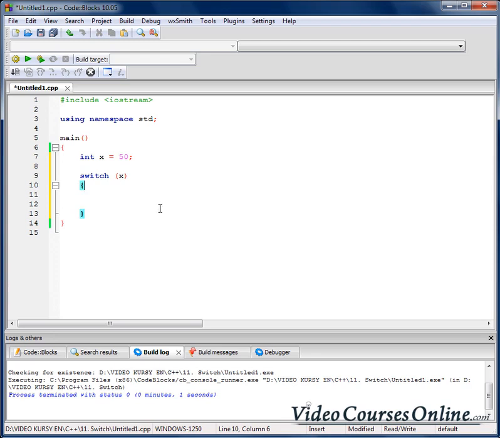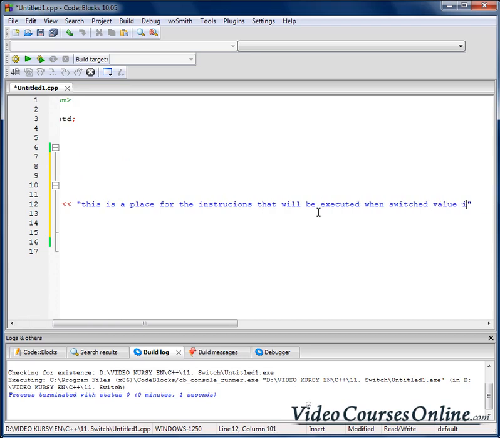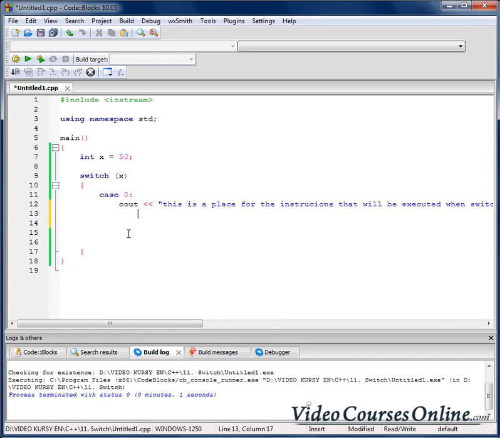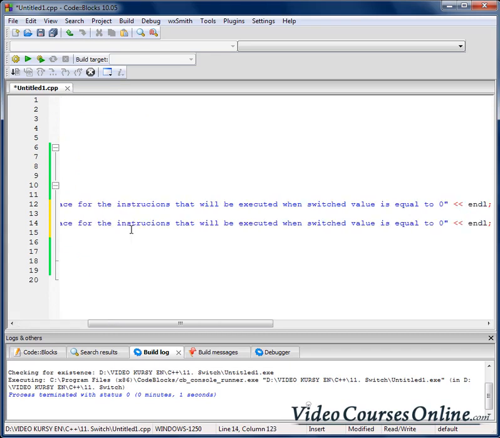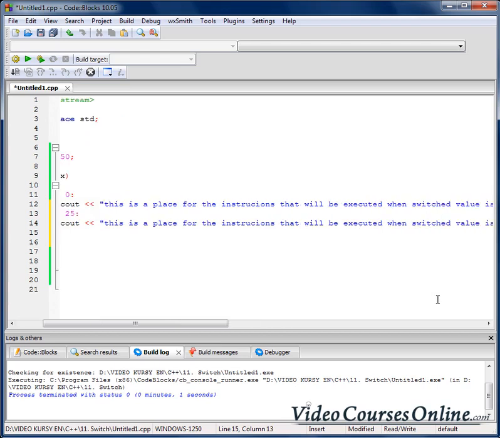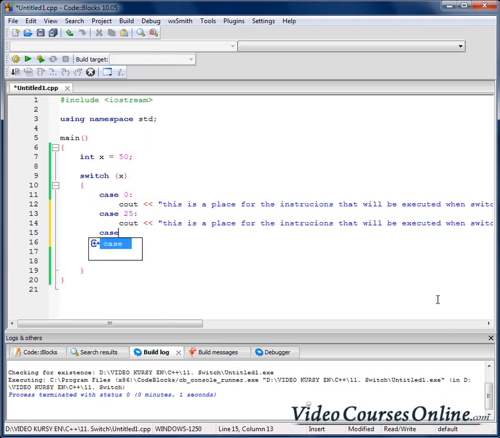And now we can create cases that may happen. For example, case 0. So, for example, this is a place for the instructions that will be executed when the switched value is equal to 0. Okay? Now let's make another case, for example case 25. This is the place when it's 25. Now case 50,